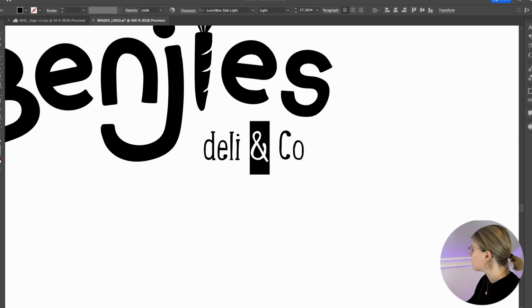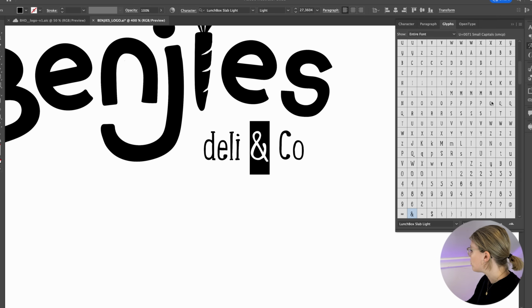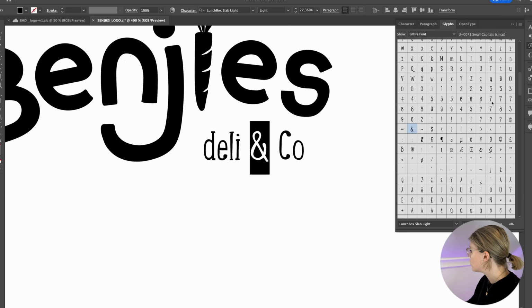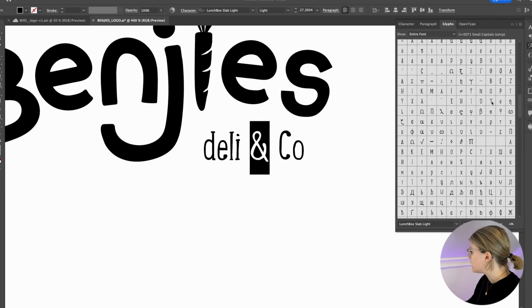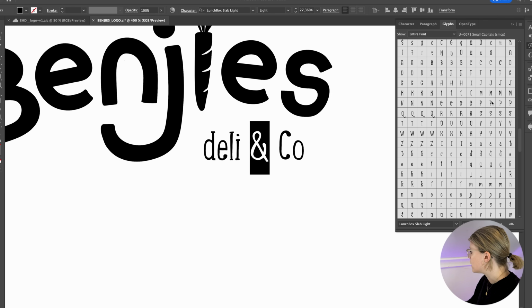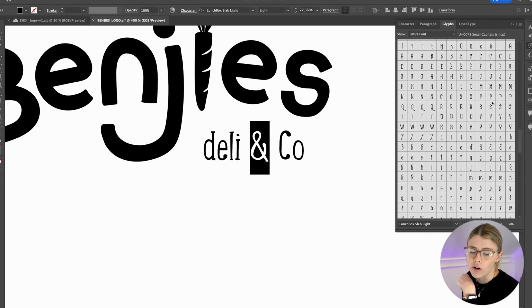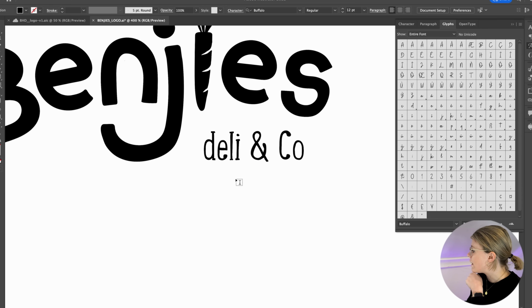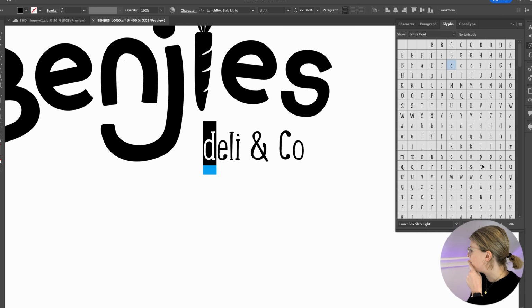I want to see if this font has given me any additional ampersands or whether we've just got the one to work with. So this is another trick of mine: I really like looking at the glyphs available for fonts that I download. If you buy really premium fonts from type foundries and things like that, they often come with a glyph library like this where you can really explore the different types of letters. You can see, I don't know if you want to pause and just zoom in here, that they've given you a whole bunch of really cool M's